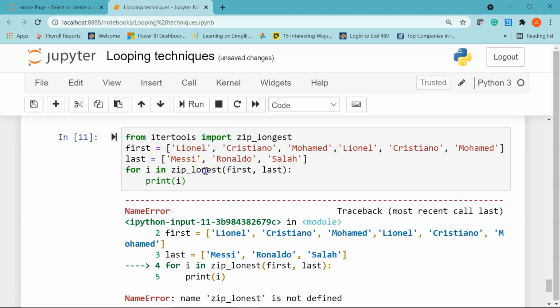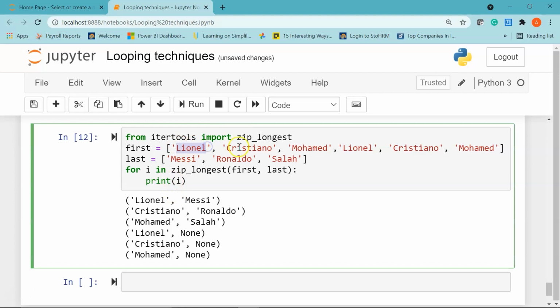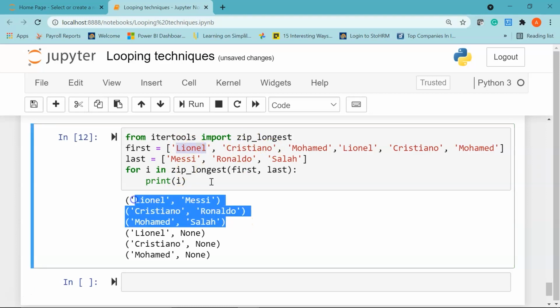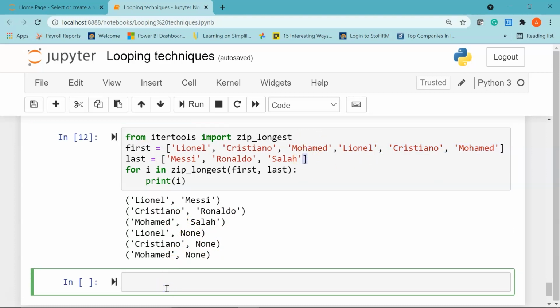Okay, you can see the result here. For the first 3 items it has printed Lionel Messi, Cristiano Ronaldo and Mohamed Salah. But for the last 3 items in the first list it has given us None, None and None because there were no values. Now to overcome this problem you can use a parameter called fillvalue.